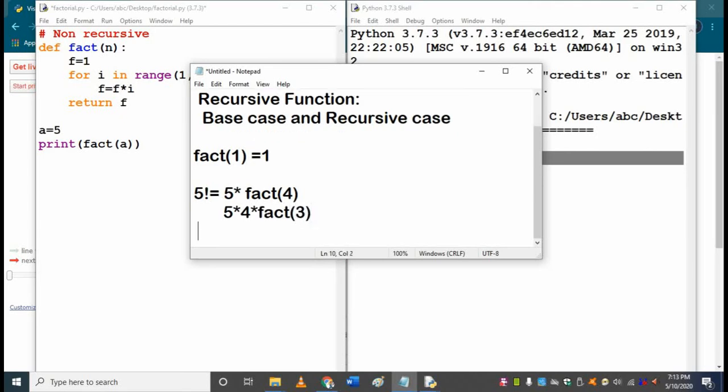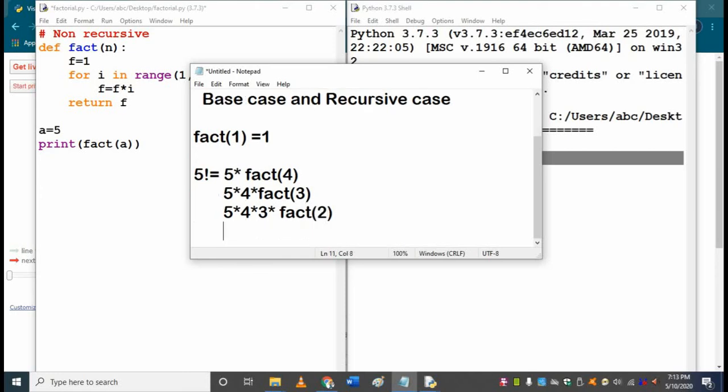Yes. And then how do I write factorial of 3? 5 into 4 into 3 into factorial of 2, and again 5 into 4 into 3 into 2 into factorial of 1, whereas factorial of 1 is known to me.